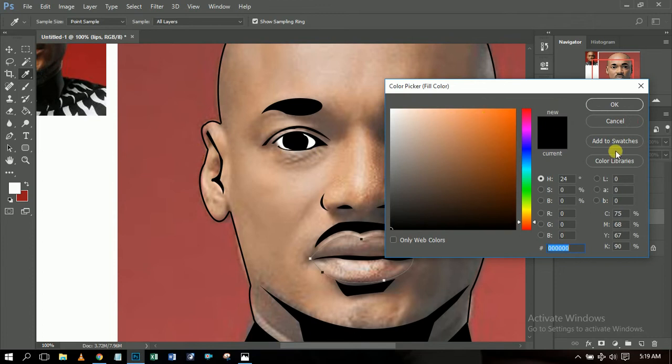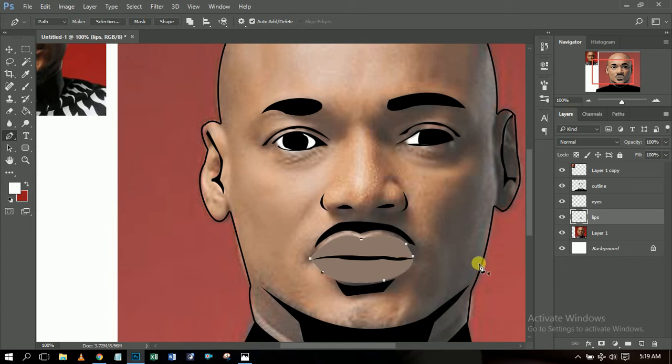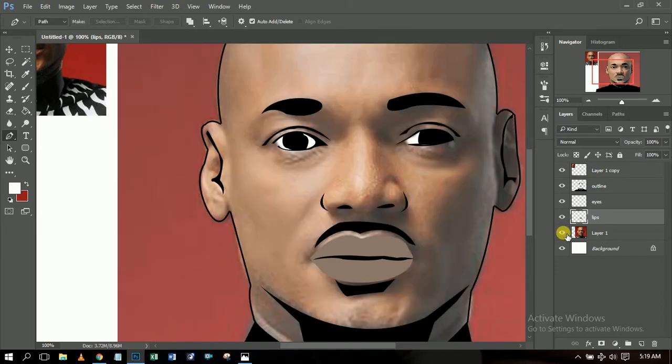Now we're going to make the color a bit different so that it can look like the lips. Okay, let's first of all use this. You can always change the color later. Click OK. Alright, so then you right click, then click delete path. So the next thing I would like us to do is to create, let's